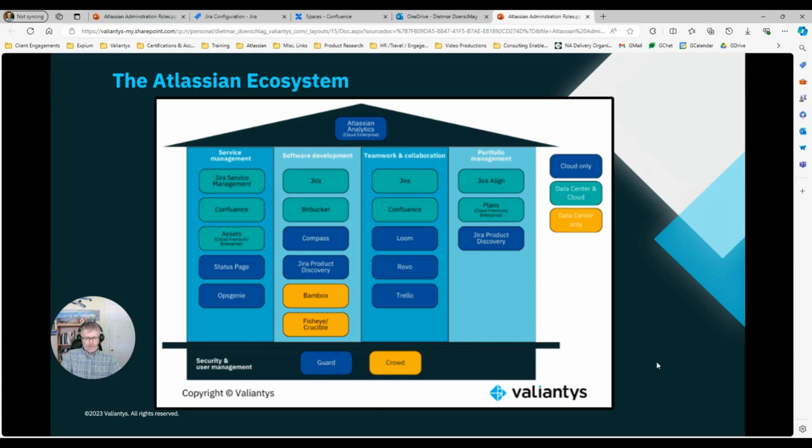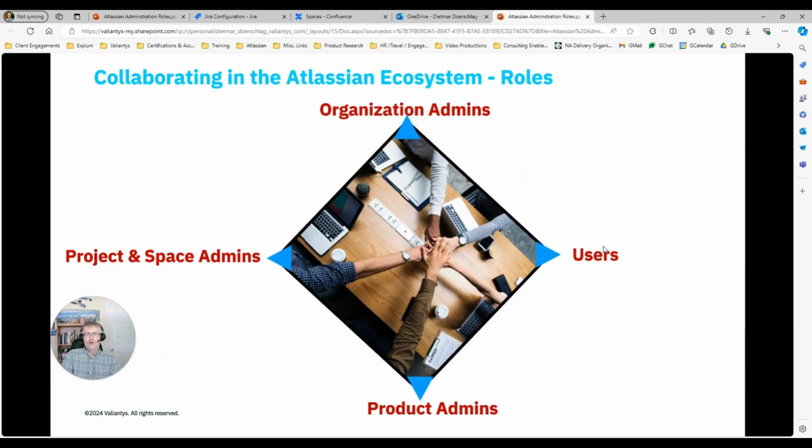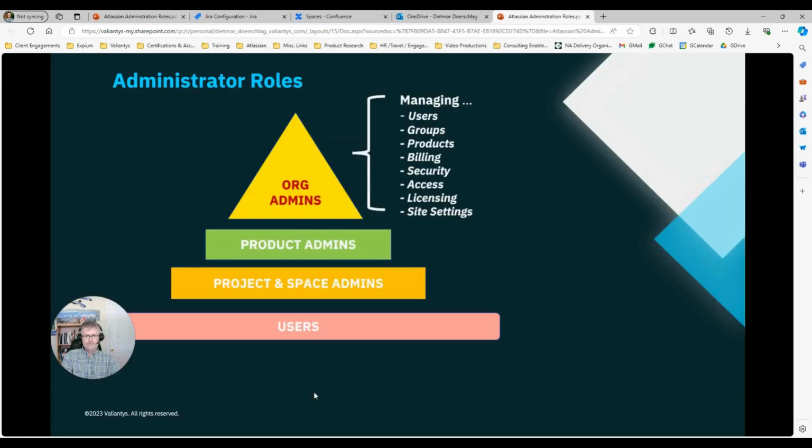We then covered the important topic of three administration roles, namely the org admins, which was the purpose of a previous video, project and space admins, and product admins, all for the benefit of end users who use the Atlassian toolsets. The purpose of this video is to take a deep dive into the role of product admins.